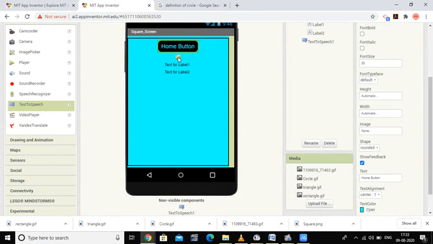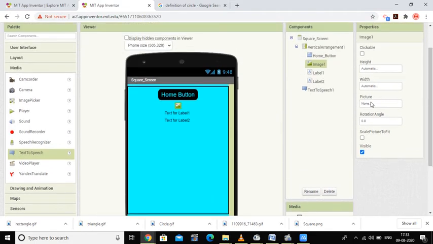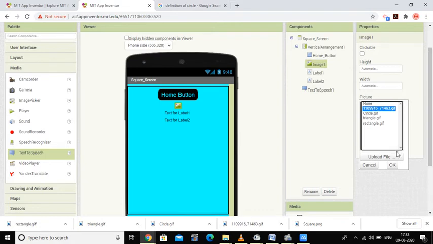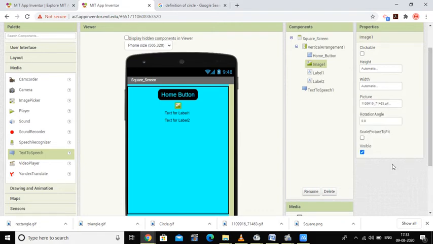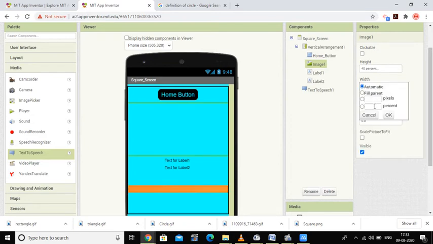Now select the image part. For this image, I'm going to select the first image, the square. I have to set the height. I need the height as 40% and the width as 60%.